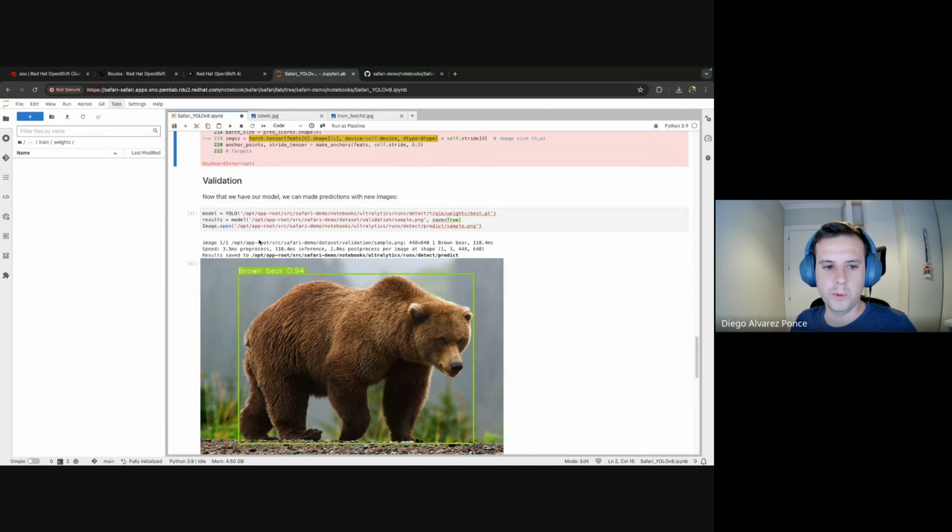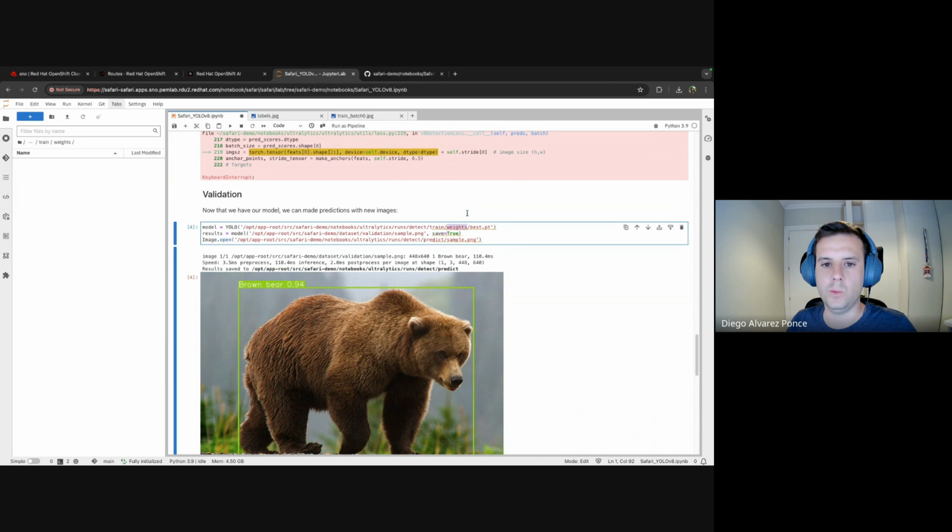But we can see the output that I had when I trained the model until the end. So to validate the model, you just need to use the YOLO function again. But in this case, instead of specifying the base model, you can use the weights that you obtained when you finished the training. So here we were using the best values for this model. So we load those weights into the model,